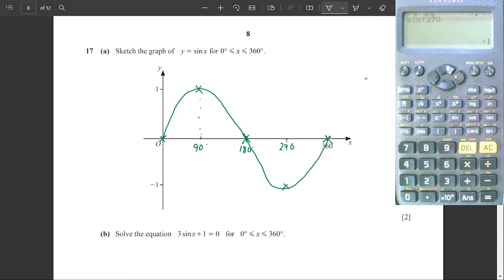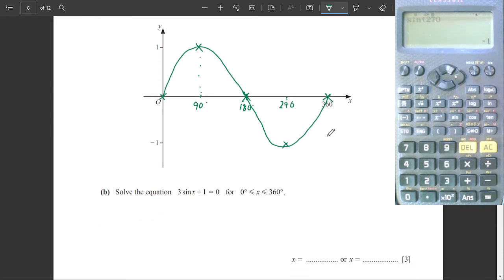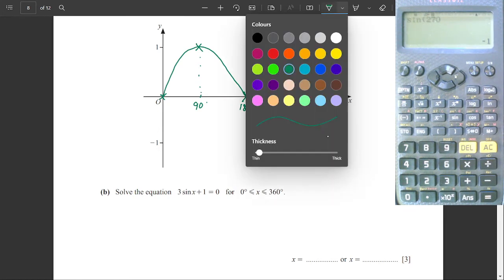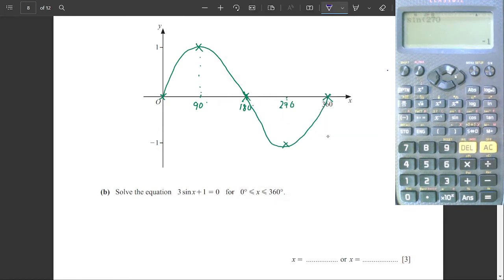Okay. Question 17b. Solve 3 sin x plus 1 equals 0. So let's solve this like we do any equation. We first start by subtracting 1 from both sides. So that will give us 3 sin x equals negative 1. Then we divide by 3. So that gives us sin x equals minus a third. And then we move the sin to the other side. So that gives us x equals the inverse of sin